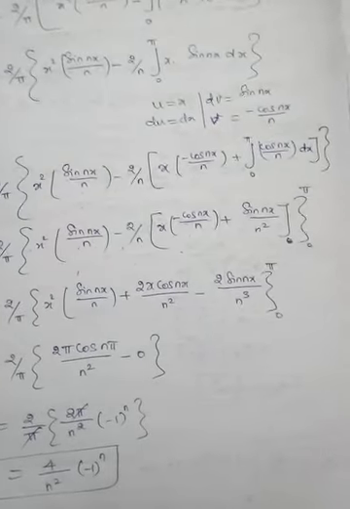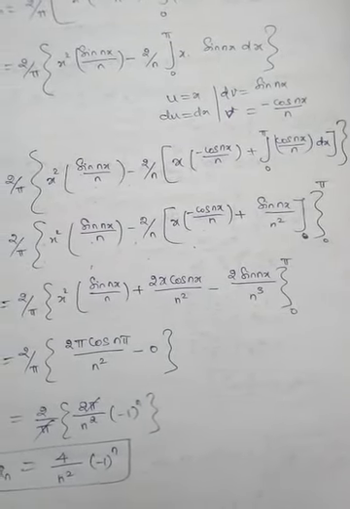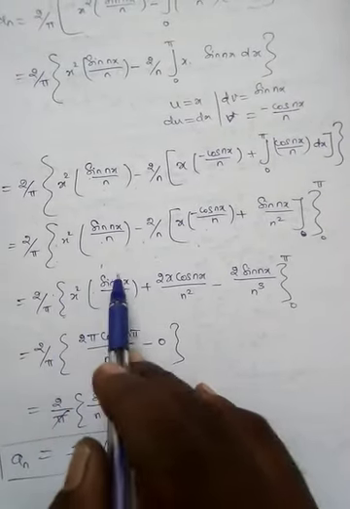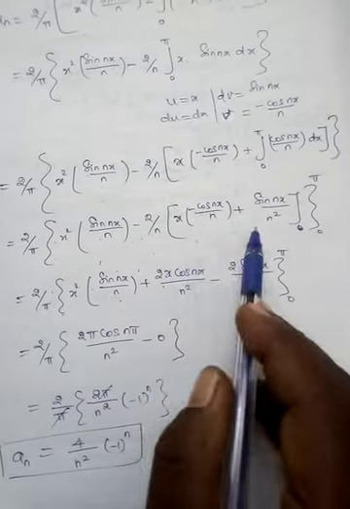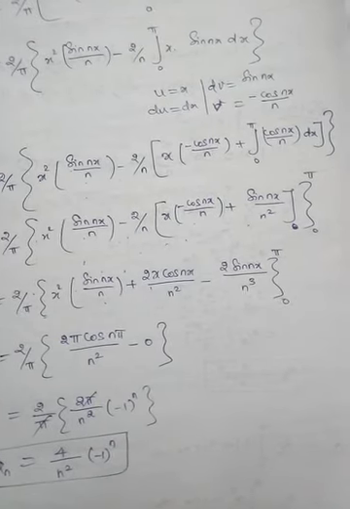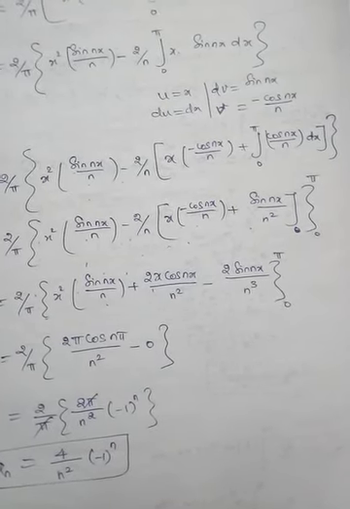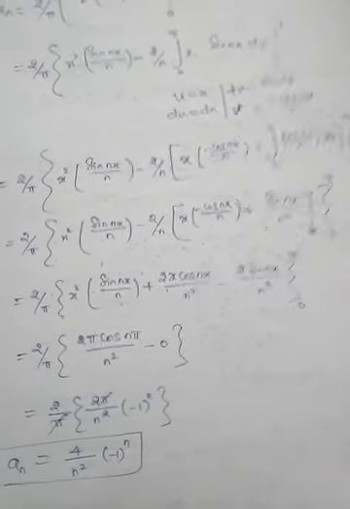Go to the last term: integrating cos nx gives sin nx by n, from 0 to pi. Am I correct? Okay, then 2 by pi x squared sin nx by n plus, I can take this minus 2n into each term. The first term will be minus into minus, plus 2x cos nx by n squared. What about the third part? Minus 2 into sin nx by n cube, and then from 0 to pi.